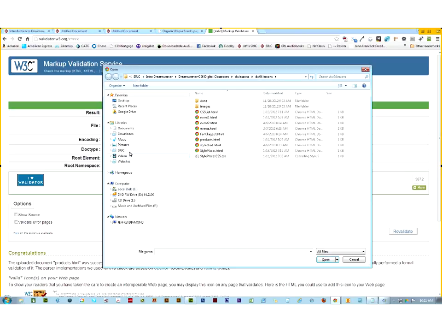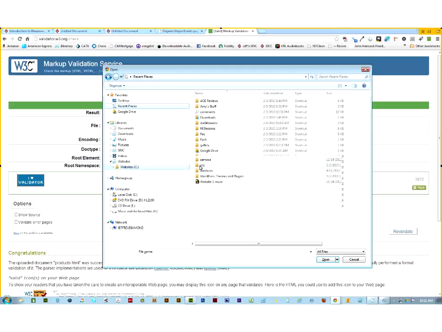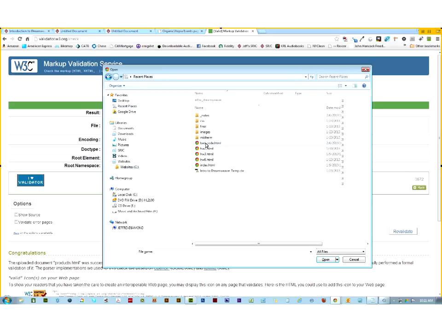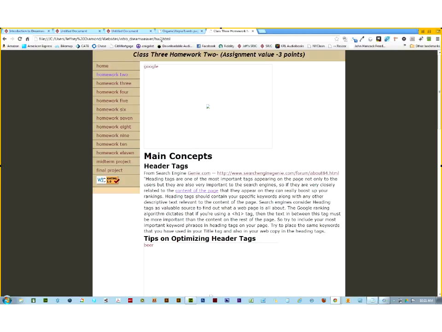And let's say I want to find my homework file. So I go to, where's websites? There we go. There's websites, there's Intro to Dreamweaver, there's Homework 2. Okay, so now I'm looking at that assignment locally, as you can see here in the web URL. File, C, users, blah, blah, blah. Okay, so now